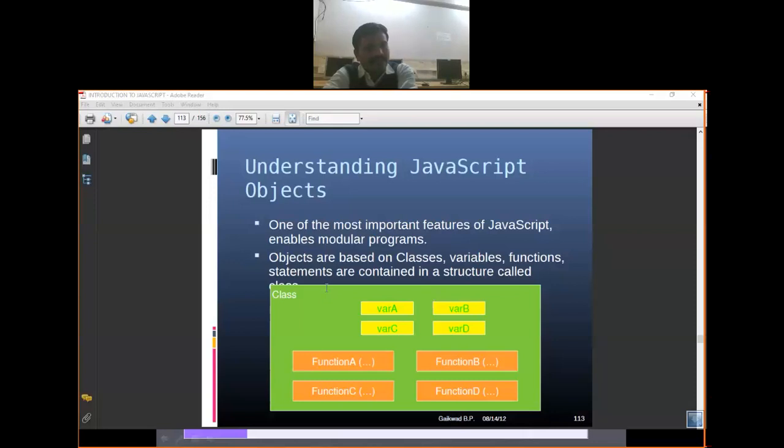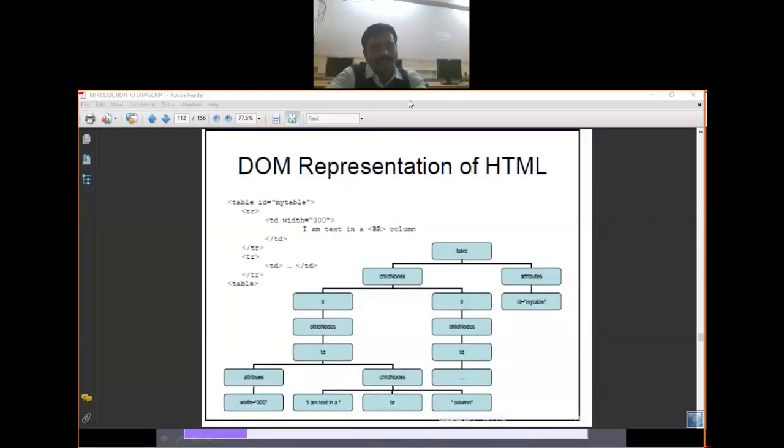So this is the way we write a JavaScript DOM representation. You need good knowledge of programming, and the theoretical part is how we display the document object model. This is just a representation.